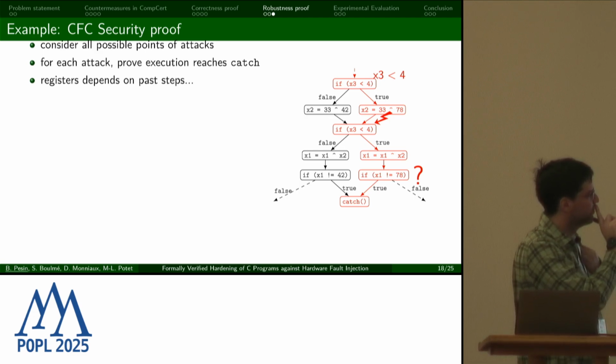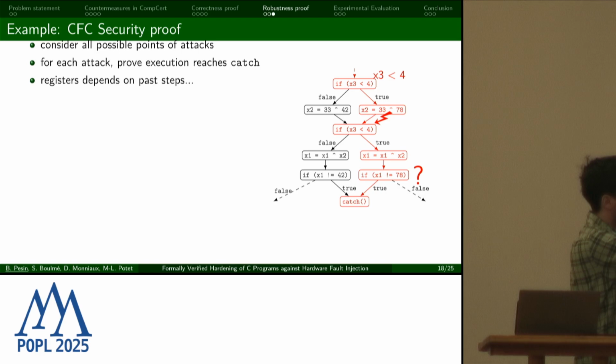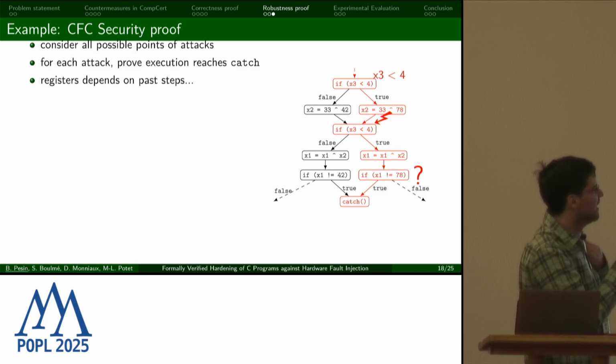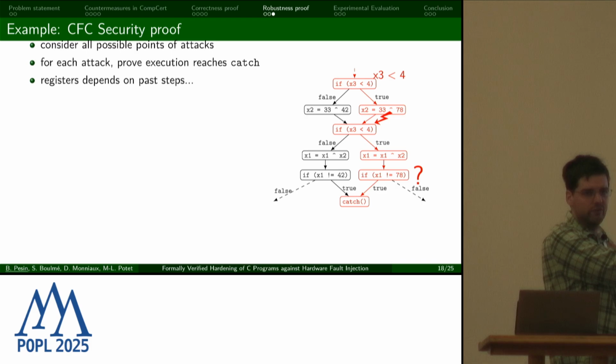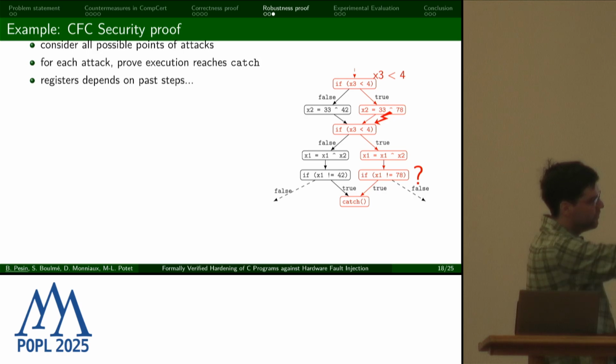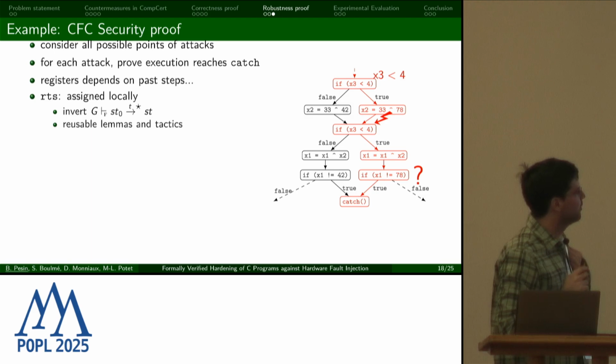And so to prove that we actually get to the catch at the end, we must prove that the condition x1 equals 78 evaluates different from 78 evaluates to true. And to prove that, of course, we need to know the value of x1. And to do that, if you look at the instruction just above, we need to know the values of x1 and x2. So the value of x2, we can see it easily. It's just above our fault that we injected here. So it should be easy to recover it.